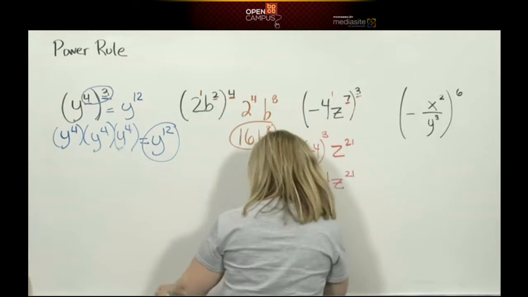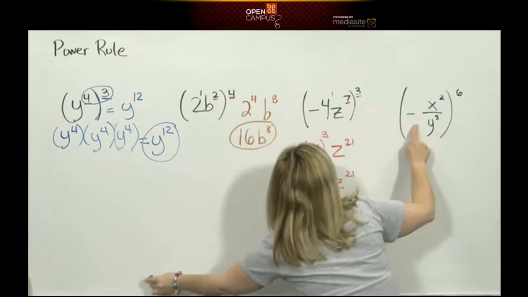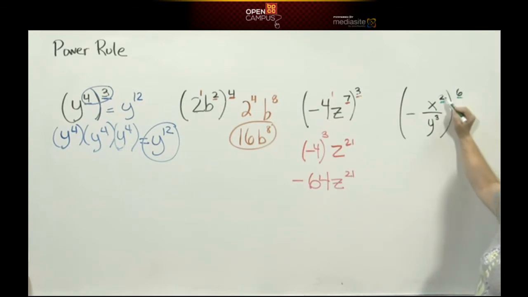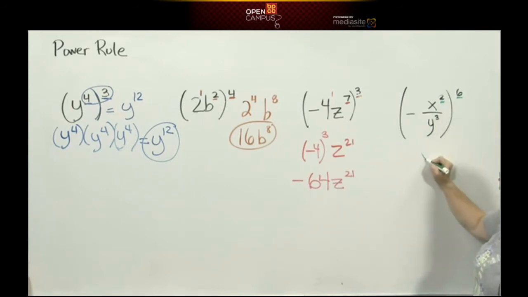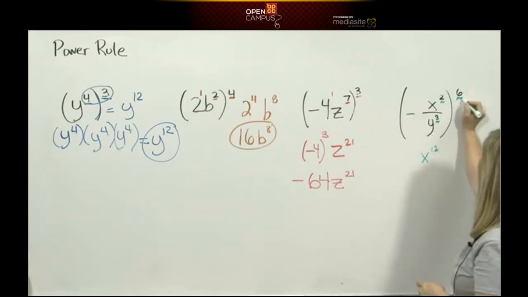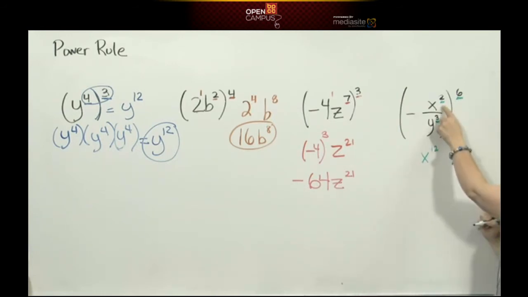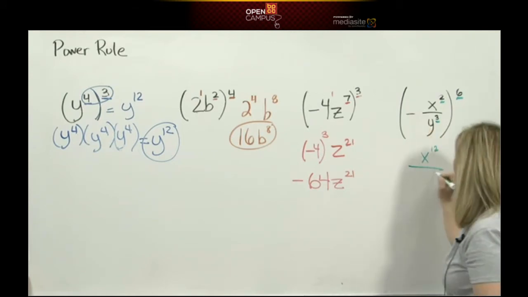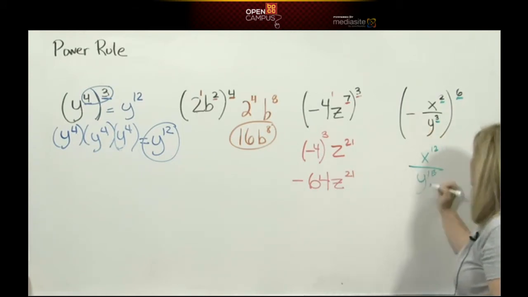Our last expression, we have a fraction. So we've been through this. Okay, first thing, we're all going to see the 6 is an exponent. We're going to see the 2 is an exponent. There's a parentheses between them. So we're going to do the power rule. Power rule says to multiply. So in the numerator, we'll get x to the 12th. In the denominator, you have an exponent 3. It's raised to the 6th power. So if you do it in the numerator, you got to do it in the denominator. 3 times 6 would be 18. If y is in the denominator, it stays in the denominator.